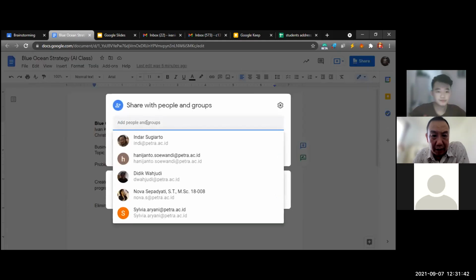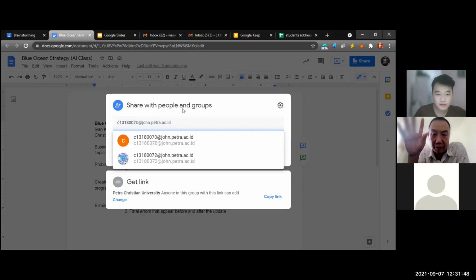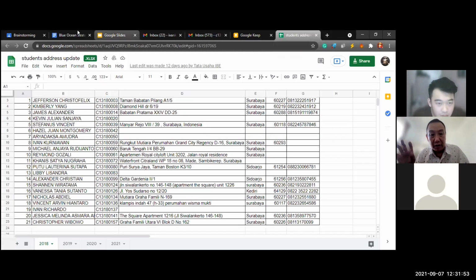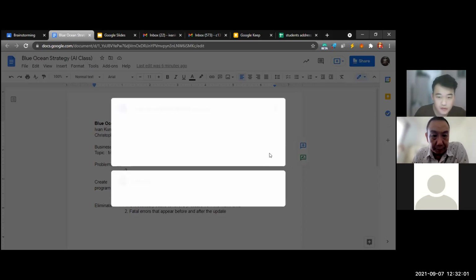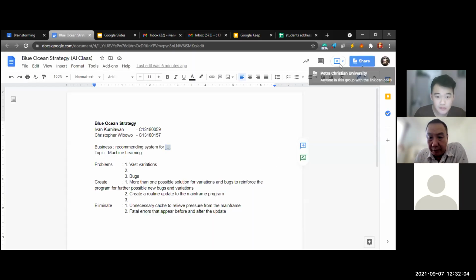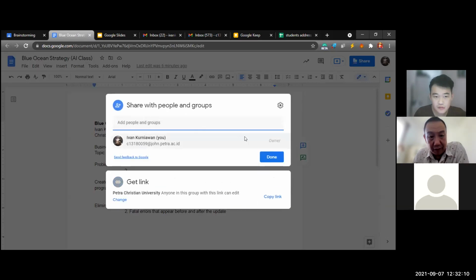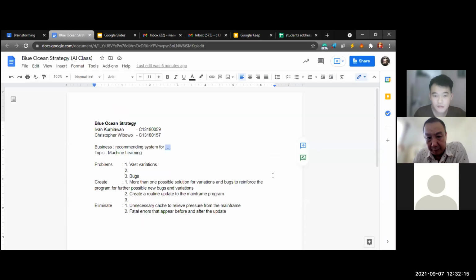After that, you can collaborate. For example, there are 9 components there, right? So you assign yourself: I will do this. For example, you do customer segment, value proposition, and I will do the cost. It's up to you. Share the links and try to do it so that we can finish on time. Hazel, I've shared it with you.